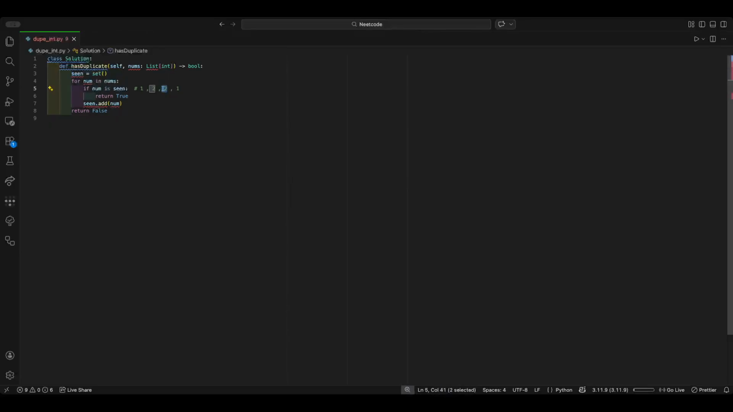Now here comes the third iteration. If num is seen, so we know that 2 is seen since we already had 2 inside the set, and you know that sets cannot have duplicates, we would return true. And as you can see, this code short circuits the moment it finds a duplicate. Even though 1 is a duplicate, we would not even consider this, and it would